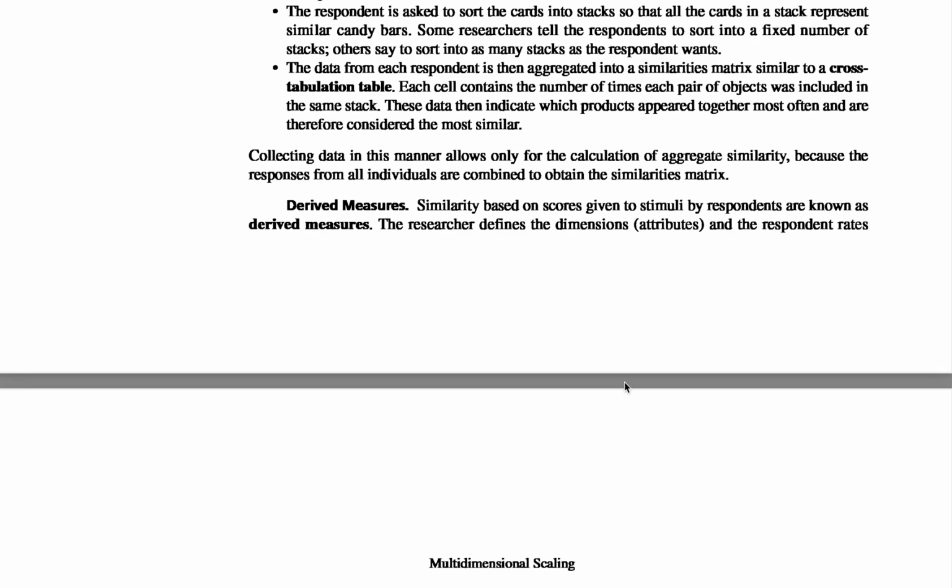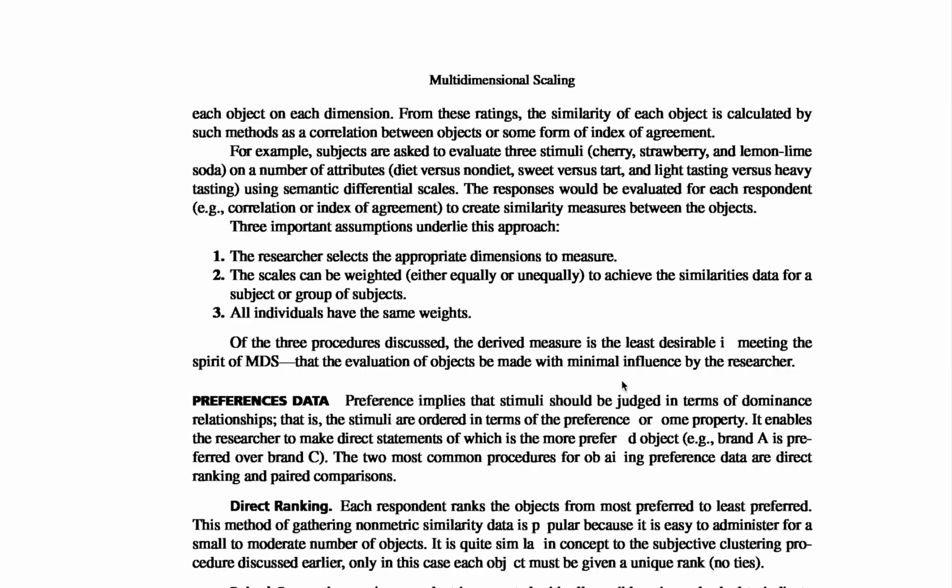Derived measures. Measurements of similarity based on scores given to stimuli by respondents are known as derived measures. The researcher defines the dimensions or attributes and the respondent rates each object on each dimension. From these ratings, the similarity of each object is calculated by such methods as the correlation between objects or some index of agreement. For example, subjects are asked to evaluate three stimuli, strawberry and lemon-lime soda, on a